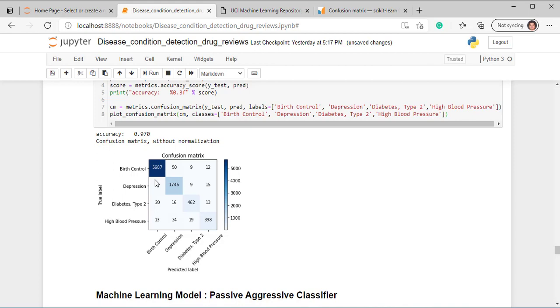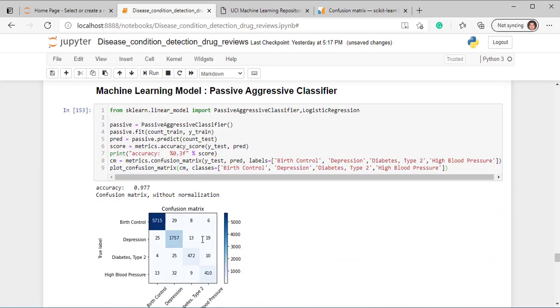Depression, diabetes and high blood pressure also did a good job, but for depression, the model also predicted 45 cases as birth control, 9 cases as diabetes, and 15 cases as high blood pressure. Like that in other categories too.